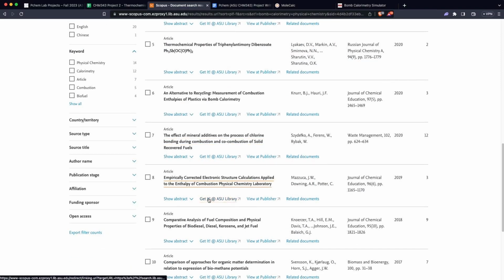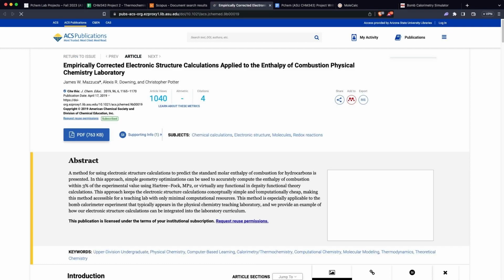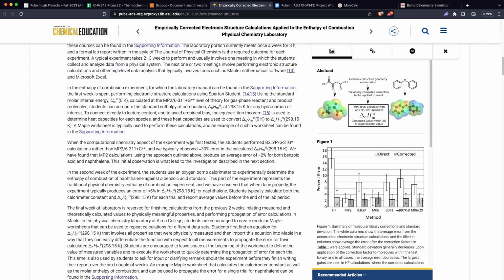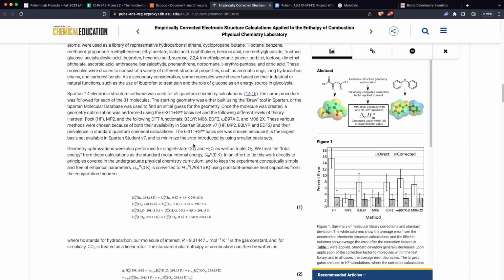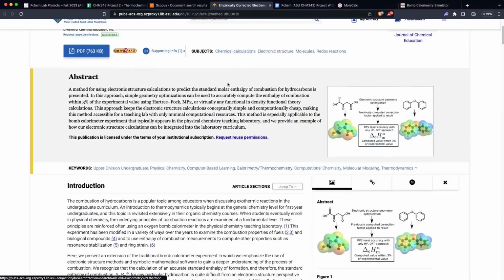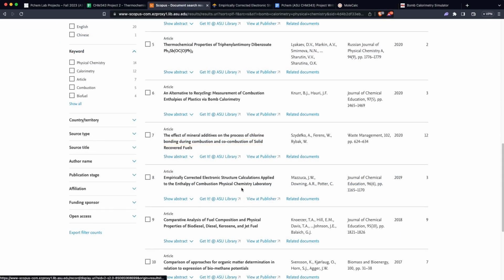and see various papers on the subject. When we find something of potential interest, like for example, using calculations to calculate the enthalpy of combustion in physical chemistry lab, this JChemEd article, we can view this article and start getting some background information. If we find this useful in helping us understand the background material and complete the tasks for our own project, then we might want to use this in our introduction, and so we can choose that article as well as any others,